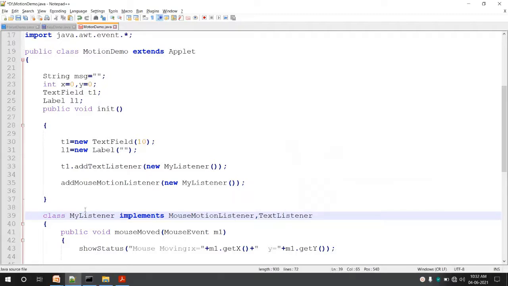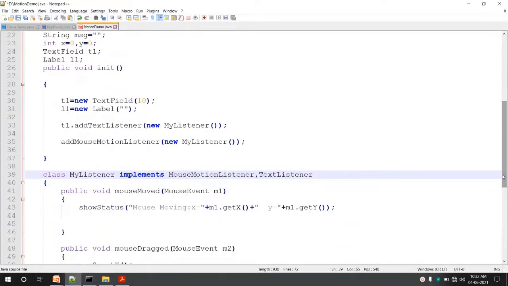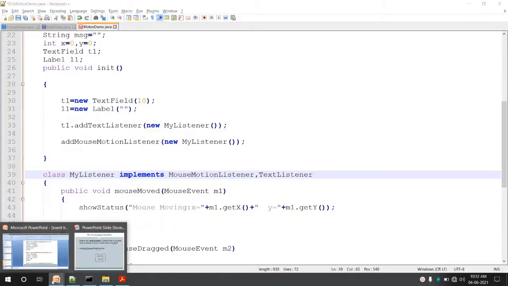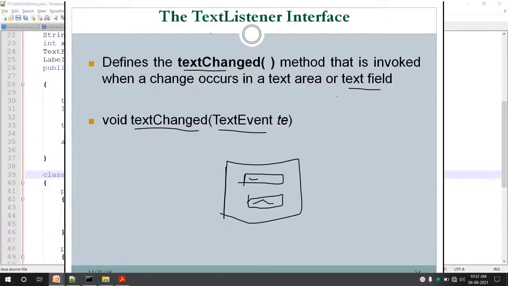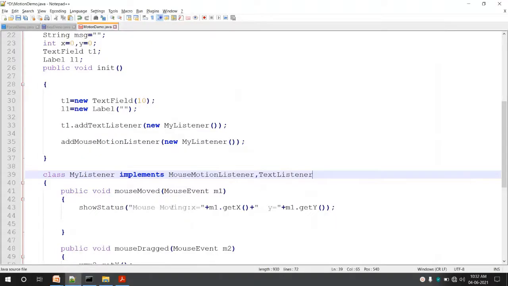So now my listener is implementing mouse motion listener as well as text listener. Okay, so what is the method of this text listener? The text listener interface contains one method, that is text changed. So even that text changed has to be redefined, has to be overridden in this my listener.